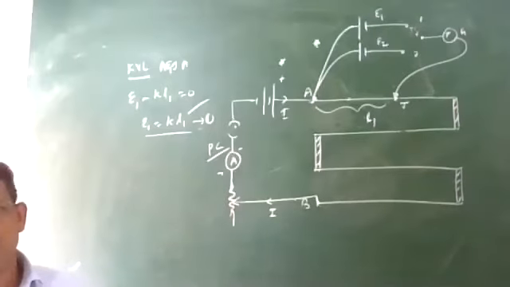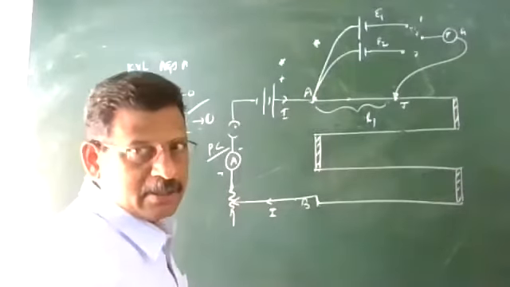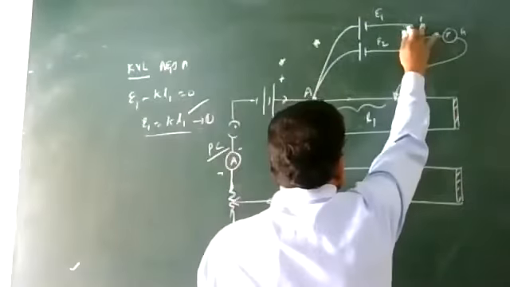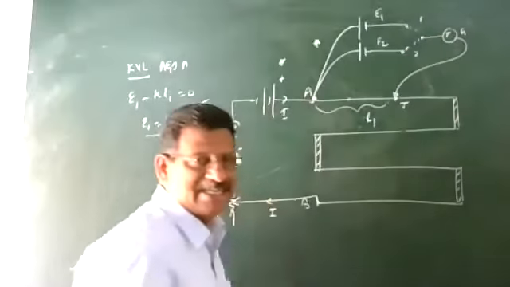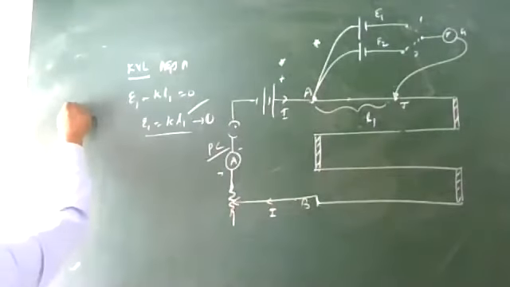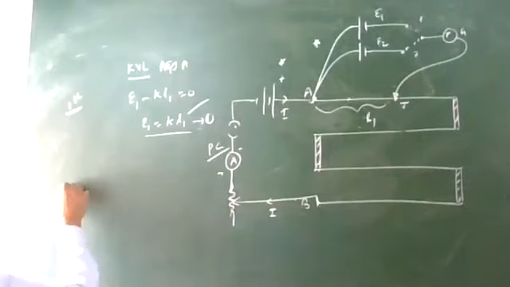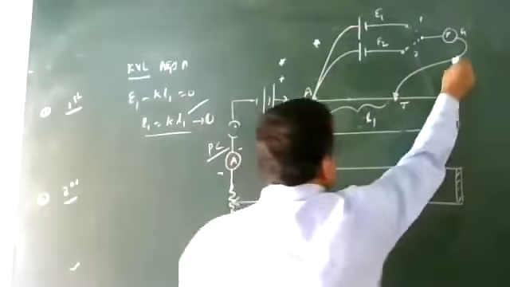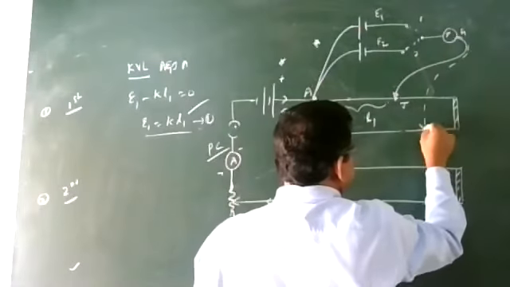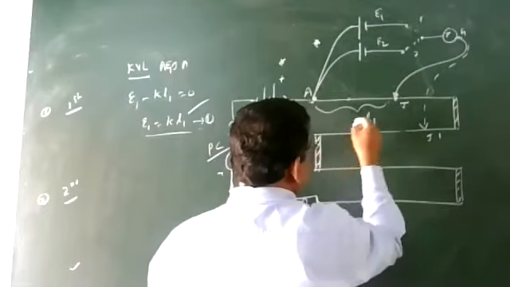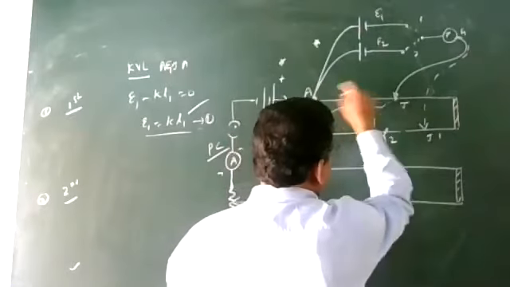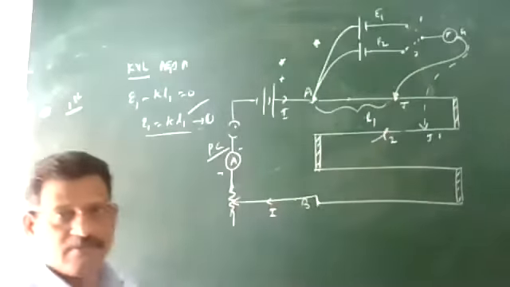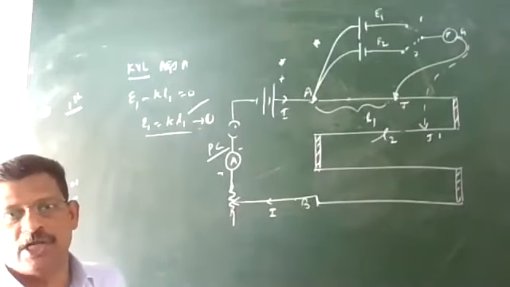So what will we do now? Open key 1 and close key 2. So the second cell is introduced. This was for the first cell, and now the second cell is introduced. Closing the key gap. Again adjust the galvanometer to get zero deflection. Let's suppose we are getting zero deflection at some other point here, J'. Measure the balancing length as L2 from A. A meter scale is attached there, so you can measure that.